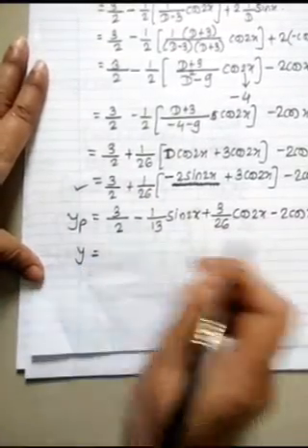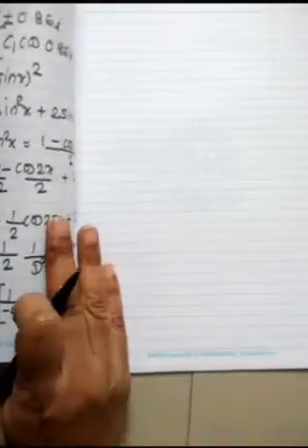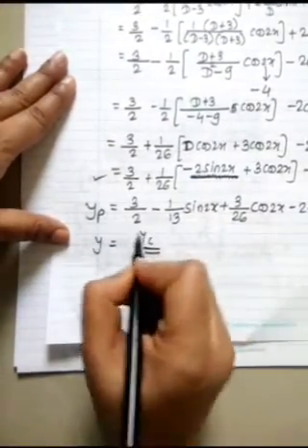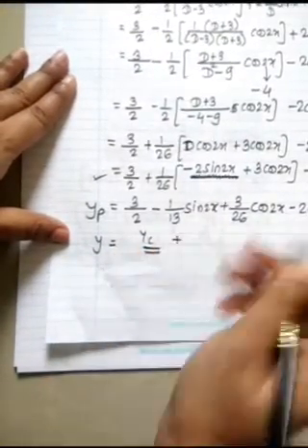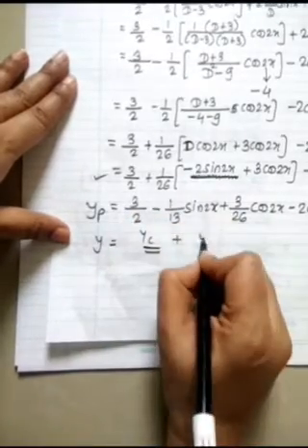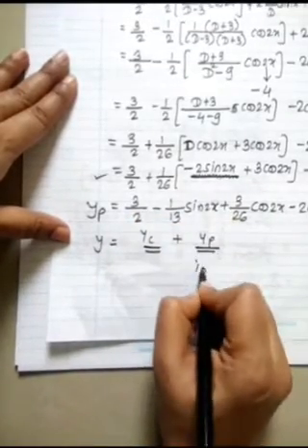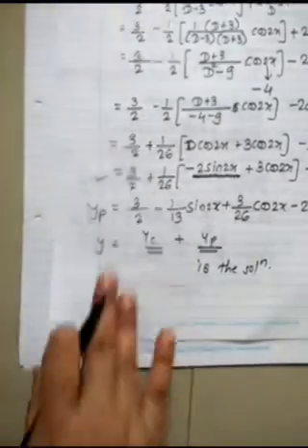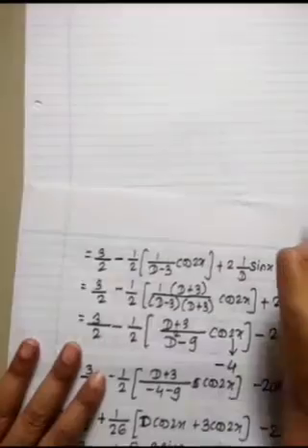So y is yc. Okay, you'll write it now. Just do not write yc, okay? Write whatever is yc and write whatever is yp. And that is the solution. Okay. I hope you are getting the sin cos case now. Yes, and we'll take one more last example and we'll finish it today.